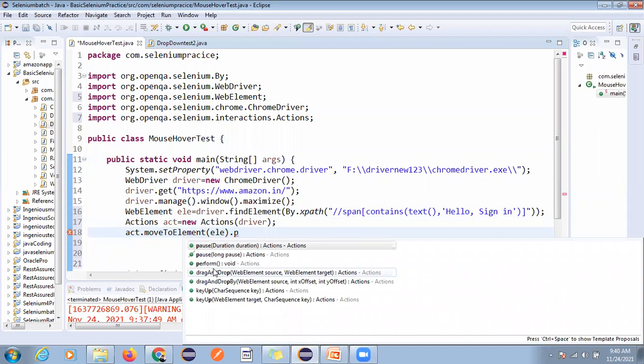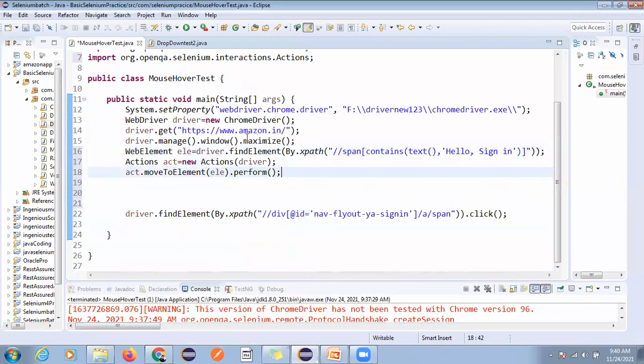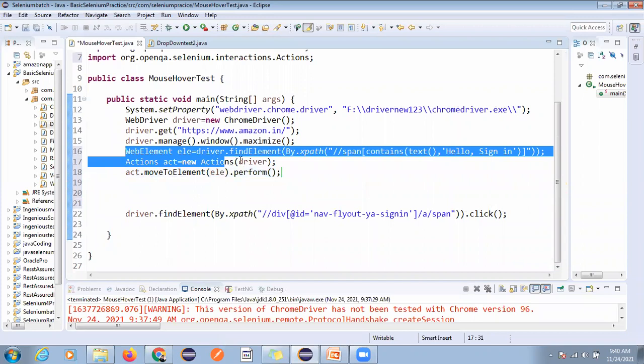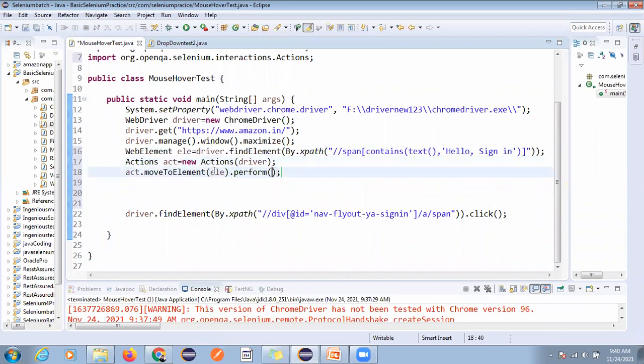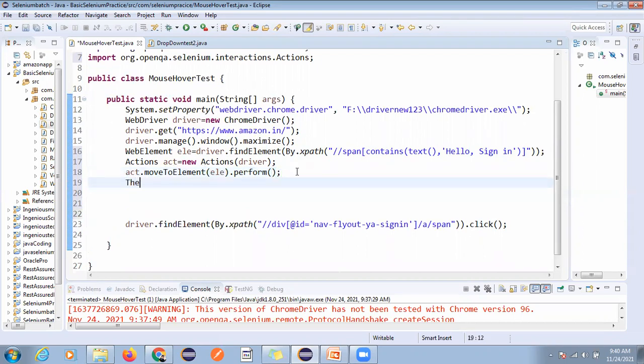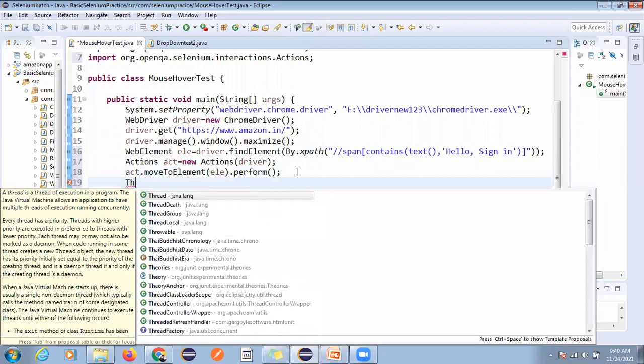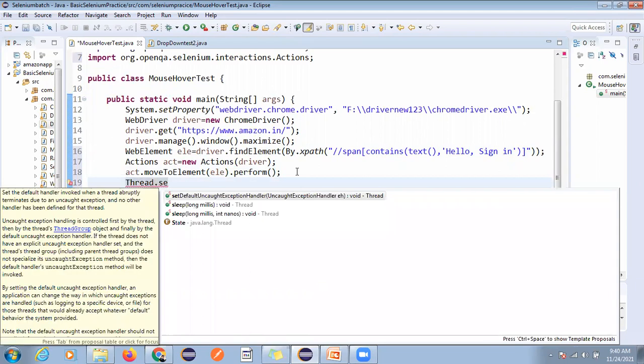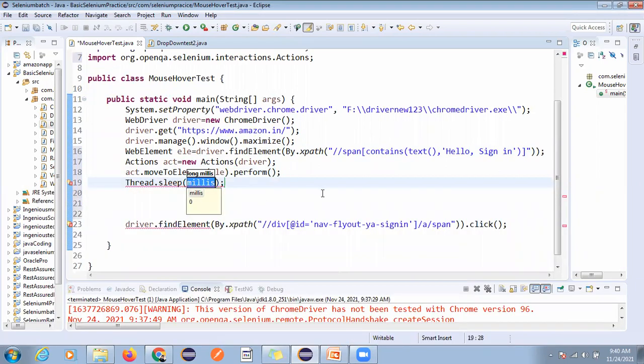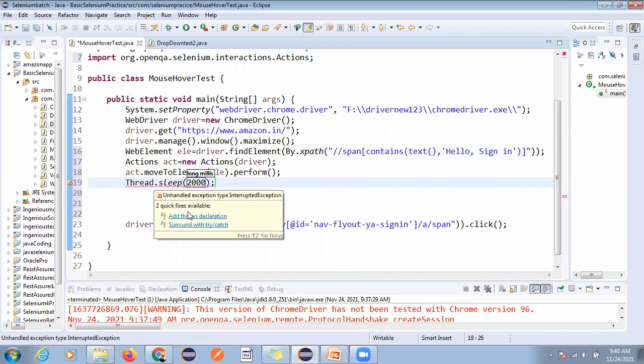The perform method you have to use at the end if you are using any Actions class method. Perform basically releases the cursor; whatever operation you are performing, it releases the control from that. Then I'm using a hard coded wait, Thread.sleep. I will wait for 2 seconds and then click on that.